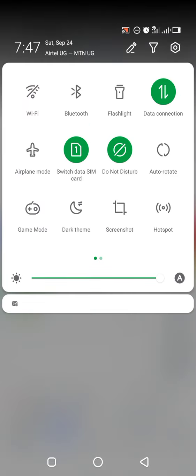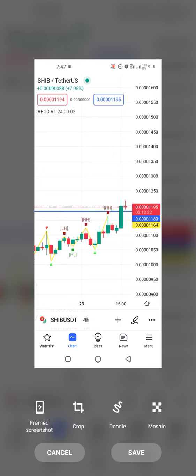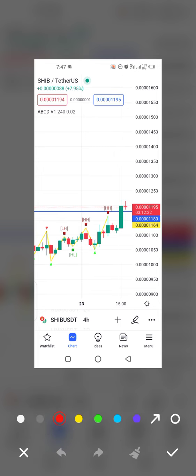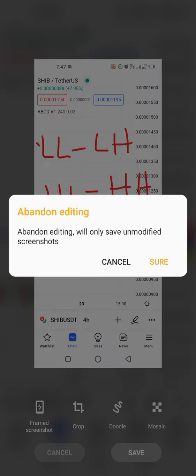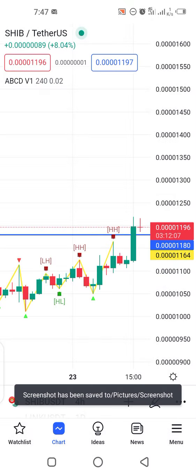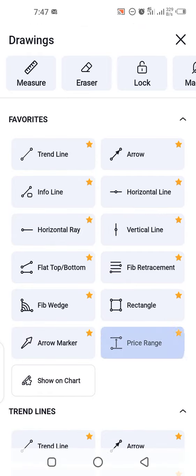Let me just draw my screenshot again. In the downward market, we get in at the lower low, we get out at the previous lower high. In an upward trend, we get in at the higher low and get out at the higher high. Simple as that. Okay, so you can see here when I pick my pencil and then pick my price range